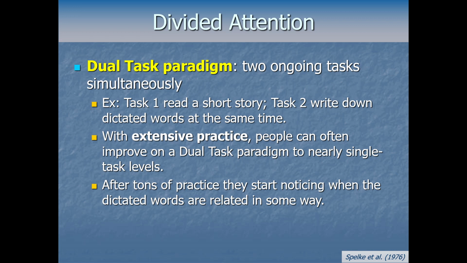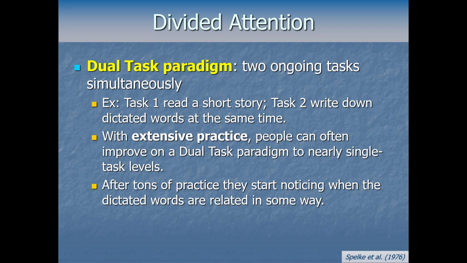The other element that predicts the extent to which our performance might suffer when multitasking is not just how much practice we have, but how difficult the task itself is. So super easy tasks like chewing gum just don't take a lot of attentional resources in general relative to something more difficult like juggling, right? And likewise, simple 3-item juggling doesn't suffer quite as much from dual tasking as a harder thing like 6-item juggling. So regardless of how much practice you have, some things are just harder than others and take more attention.